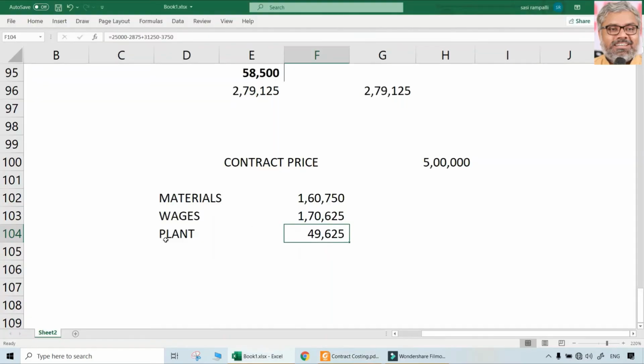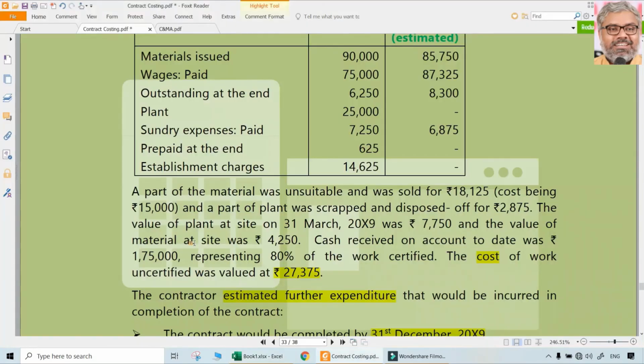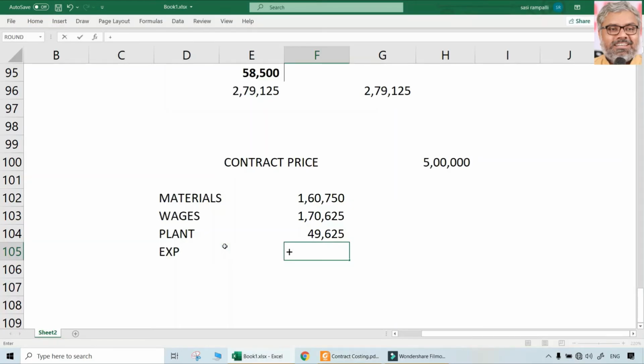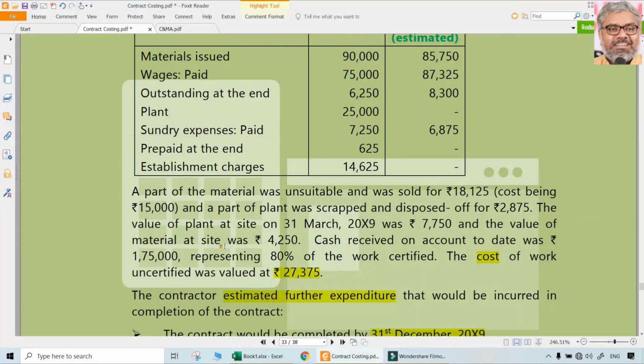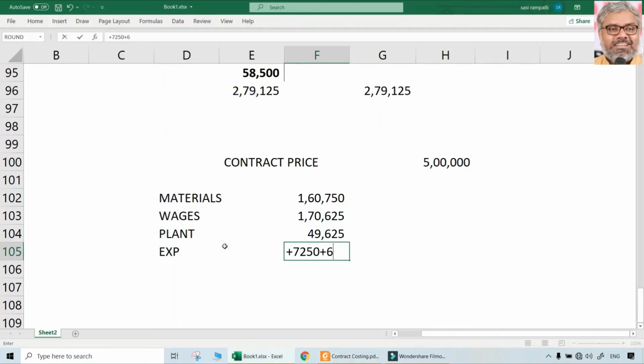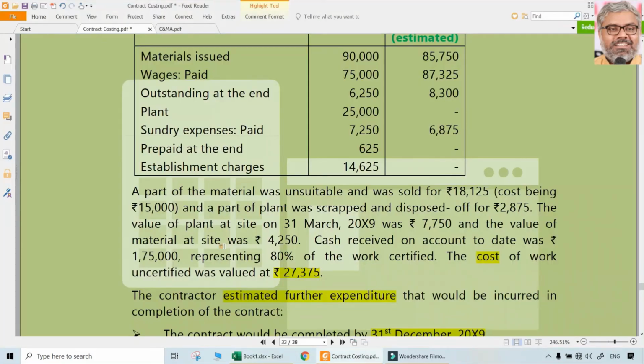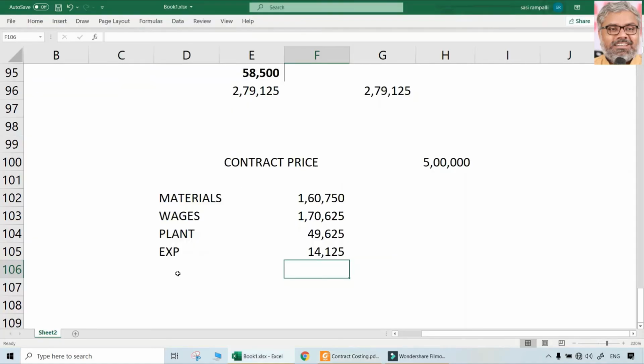Then sundry expenses. Sundry expenses paid are 7,250. Once again, prepaid means they will be reduced now and will be added in the next period. So doesn't make sense, not required. 6,875 paid means really that is incurred also in the next year, nothing prepaid. So exactly payment and expenditure will be equal when you consider the entire 1 year 9 months period. So this payment and all, prepaid and all, not necessary to be adjusted. Minus and plus we can do, but ultimately that doesn't show anything. Then establishment charges.